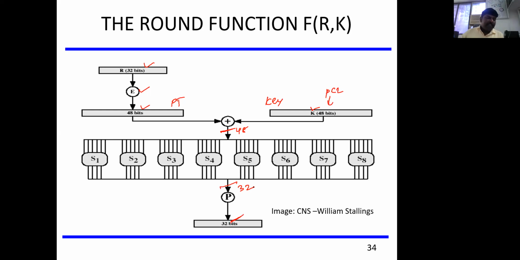S-box is an operation which accepts 6 inputs, 1, 2, 3, 4, 5, 6, and produces only 4 outputs. There are a total of 8 S-boxes. Each S-box will accept 6 inputs. So 8 S-boxes into 6 inputs is 48 bits, and each will produce a 4 bit output. So 8 into 4 gives a 32 bit output. By combining all these 4 bits, we get 32 bit. So what we did so far,